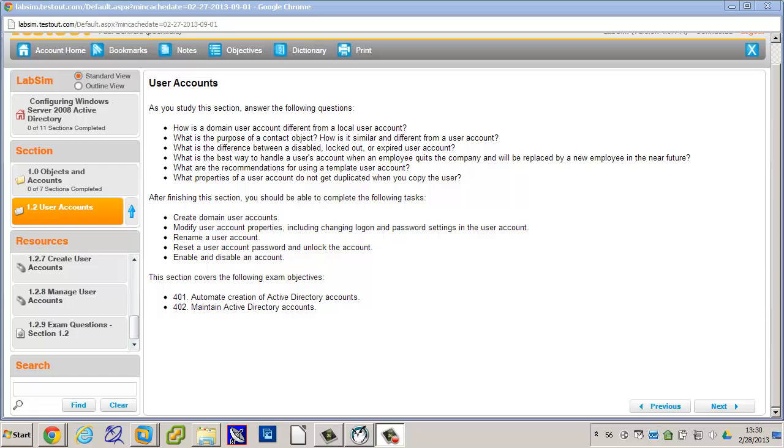Spacing does matter in some instances. Other times you can interchange them, but other times it's very specific. So I wouldn't guess on your behalf. If there's a space in the command in the book, put a space in. If there's no space, don't put spaces. Like I said, sometimes you can get away with the opposite, and other times you can't. So just sort of follow along with that.